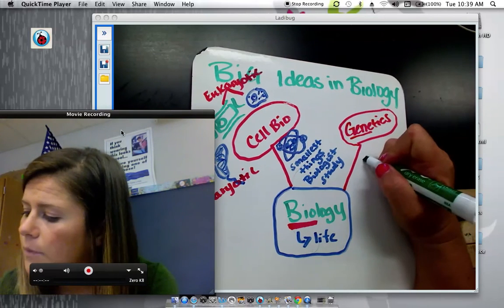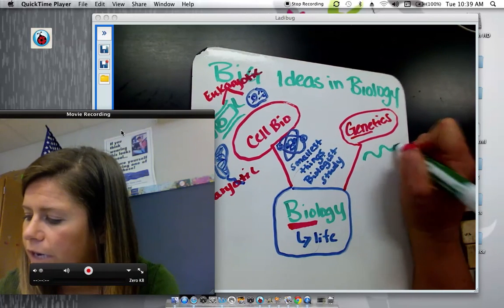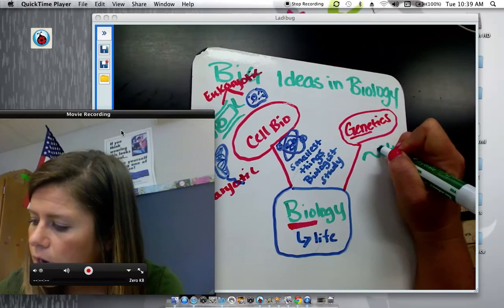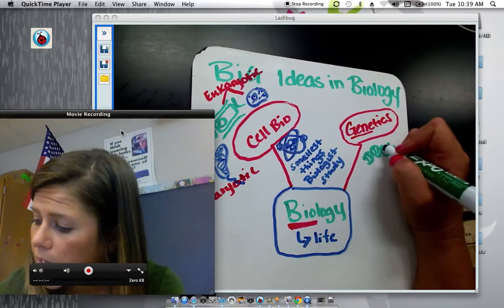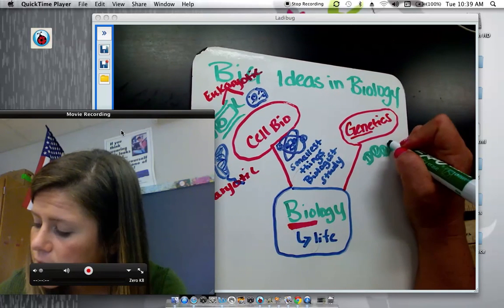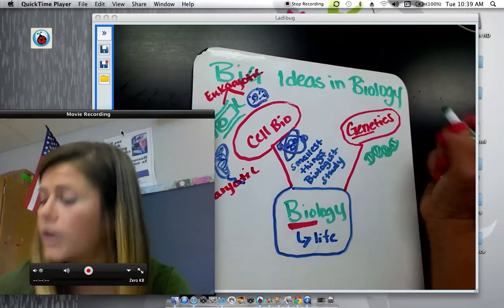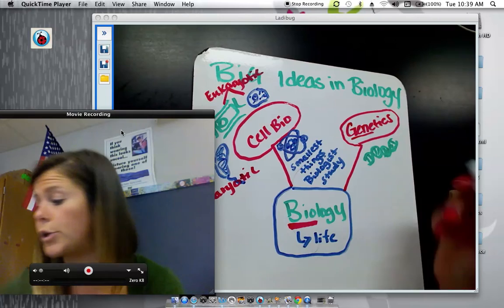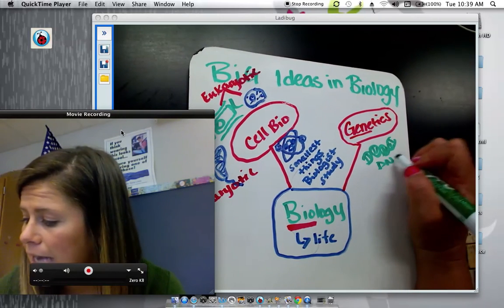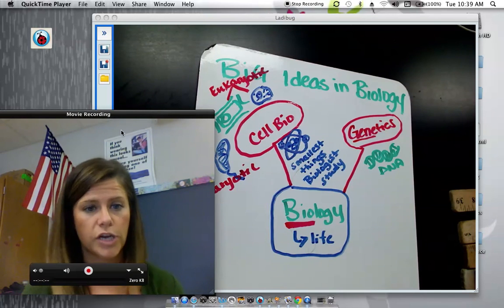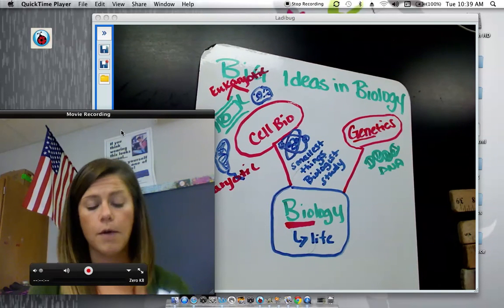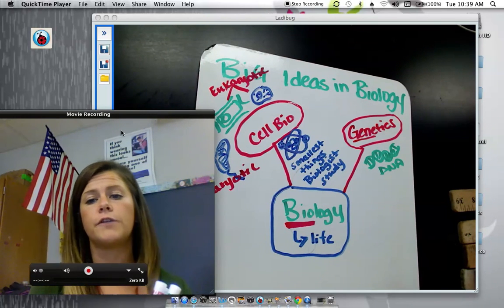So this double helix molecule that's very important in every living organism, because it contains all of our genetic information. So what makes you, you? So we'll study DNA. We'll study how things are passed down from generation to generation and how they're passed down. And we'll study how allele frequencies are